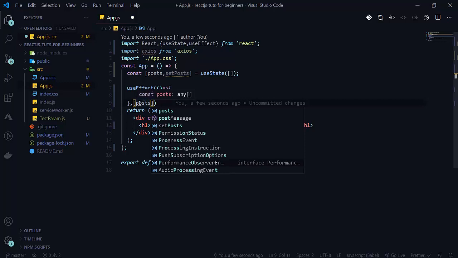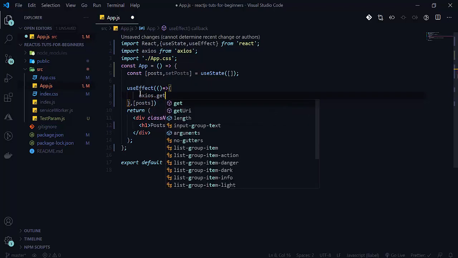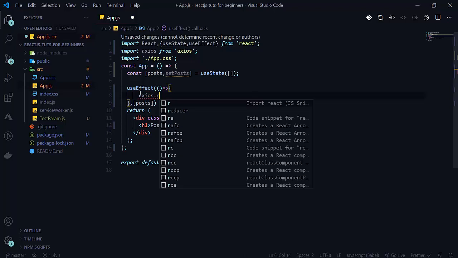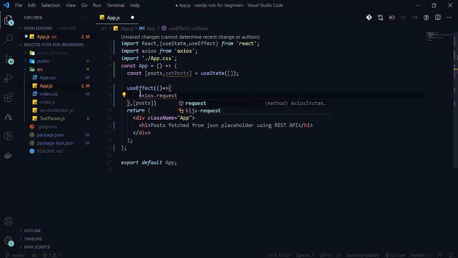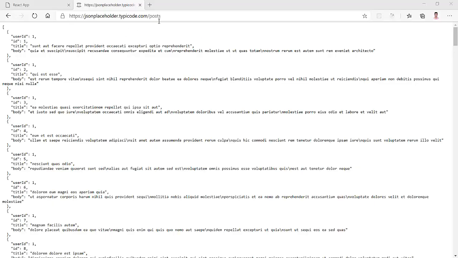So here it is done now. Let's go ahead, and now we'll be using Axios here, Axios.get. Another thing we can also use is Axios.request. We can use it like this, Axios.request, and then there will be our URL, jsonplaceholder.typicode.com/posts, because we are going to fetch our posts here.